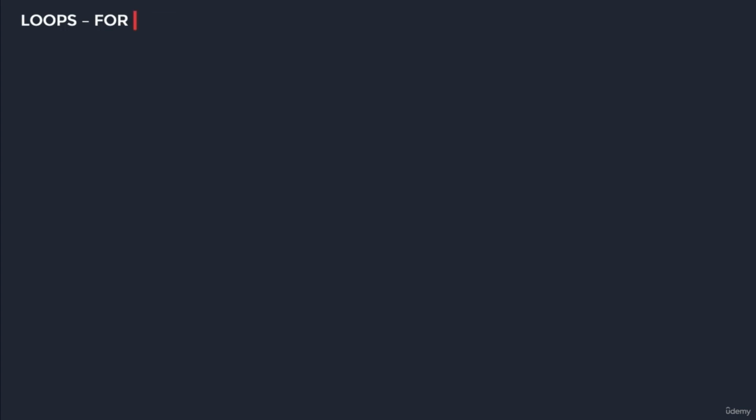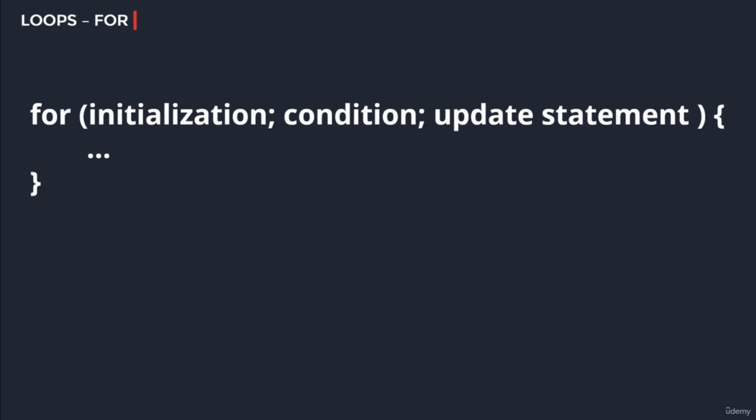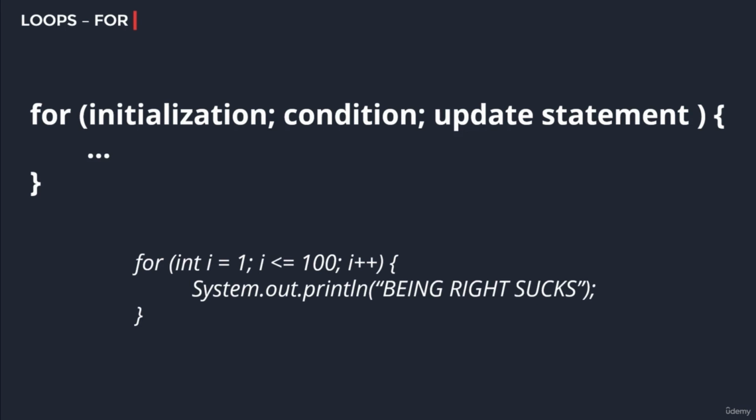Okay, so now moving on to for loop. The form of for loop is the following. For keyword, parentheses, and inside of that, initialization, then semicolon. Next is a condition, semicolon, and an update statement. And last, the code in the curly braces. So let's take our example, which we have used before. It looks like this. For int I equals 1, semicolon, I must be less or equals to 100, semicolon, and